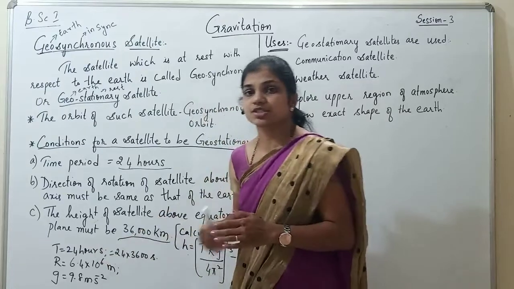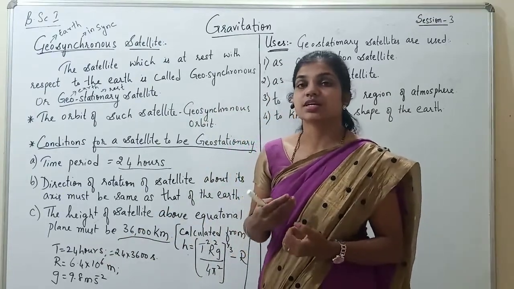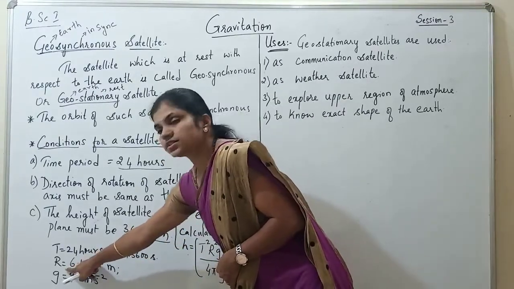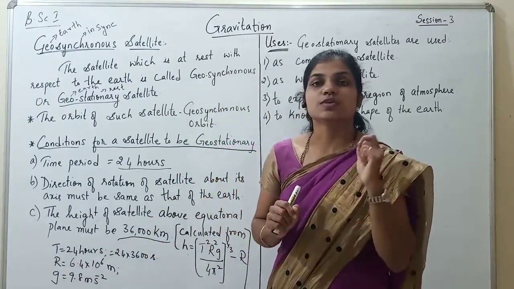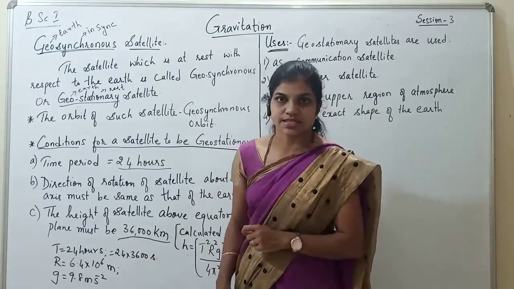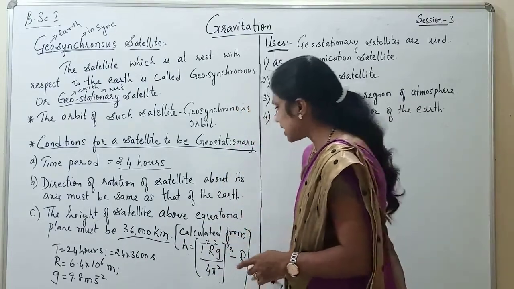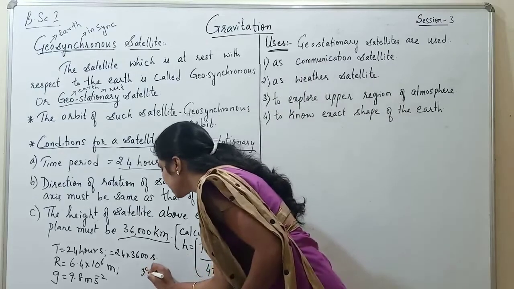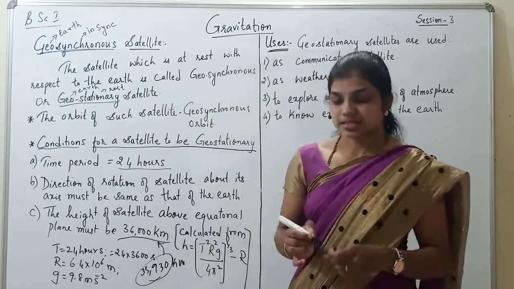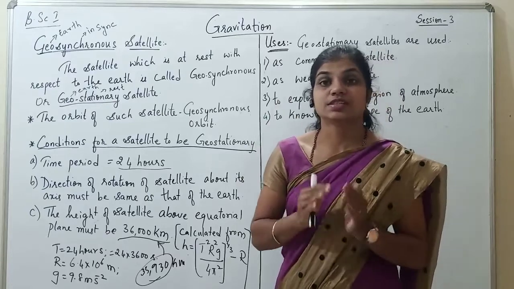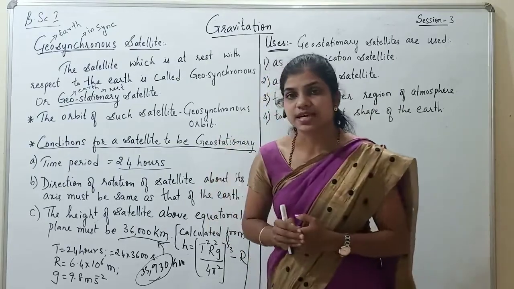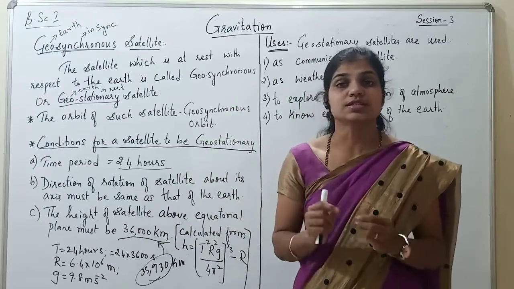So what are the values we are going to substitute here? The T value is 24 hours, which we multiply with 3600 seconds so that we convert 24 hours to seconds. Then we substitute the value of R, the radius of the Earth, which is 6.4 into 10 raised to 6 meters, and g is 9.8 meter per second squared. When I substitute all of that and simplify, I get around 35,930 kilometers, which I will round up and say it is approximately kept at a height of 36,000 kilometers. So this is how we calculate the height of the satellite, and these are the conditions for the satellite to be